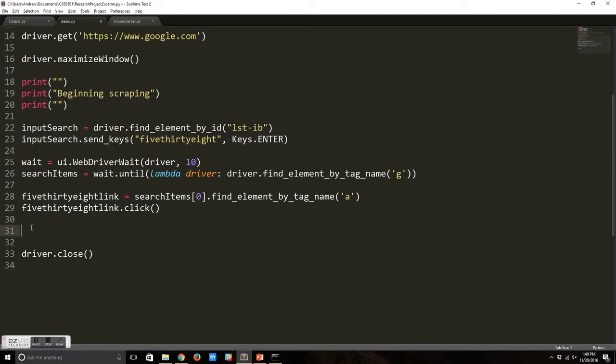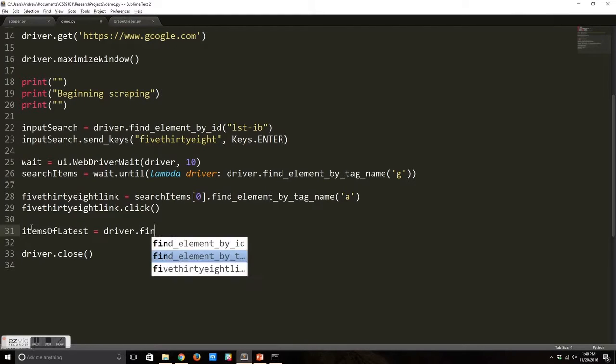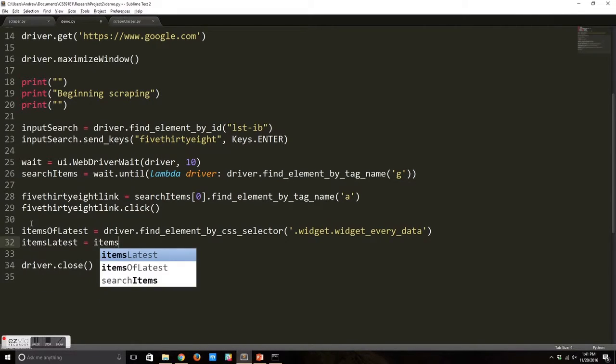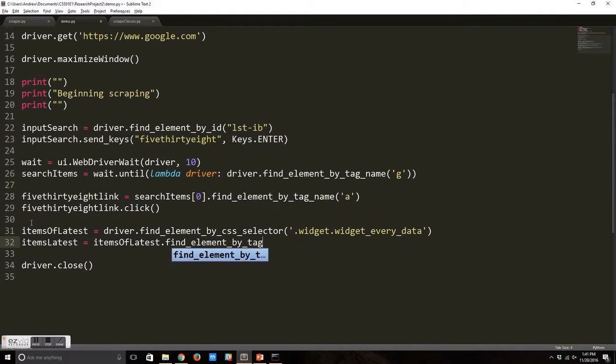over the latest articles. So you can just say driver dot find element by CSS selector dot widget, which is basically the class dot widget. And then we can find all the titles for all these articles. So find element by tag name h3, which is the header,